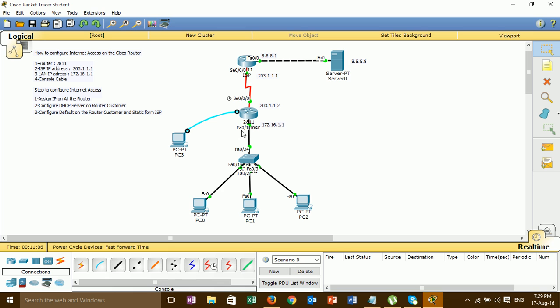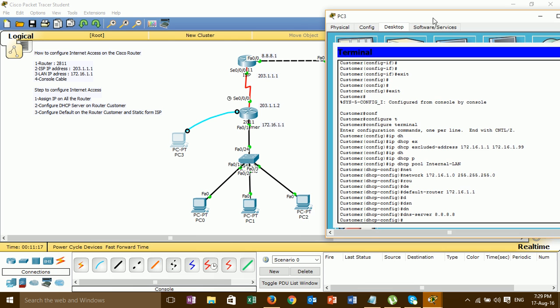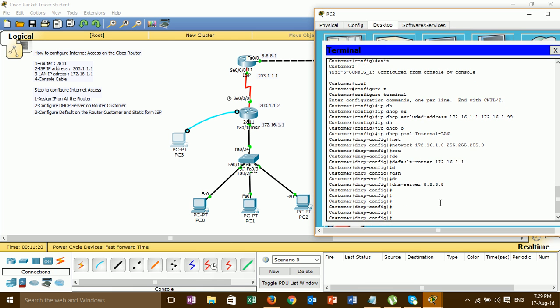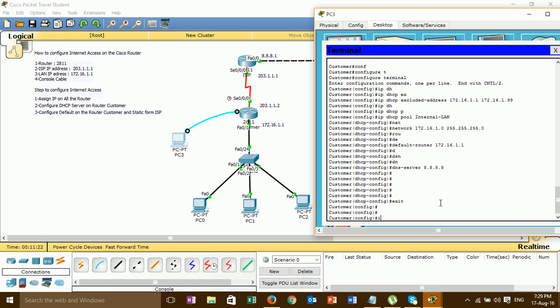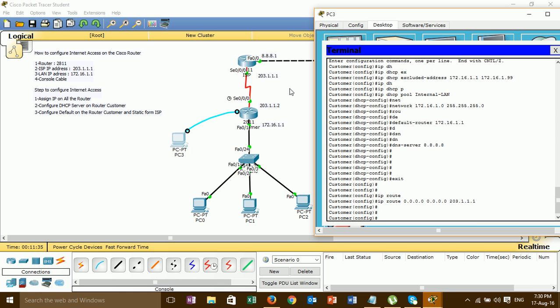On the Cisco customer router, we have to configure a default route, and on the ISP we configure a static route. IP route is the syntax for configuring the default route, then the next-hop address, this IP. Now the default route is configured.